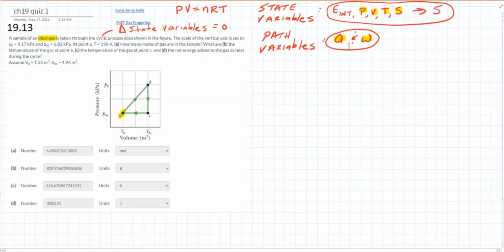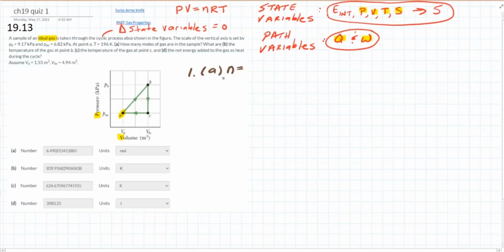All right, so having said that, we're given this graph, yet another PV diagram. You're going to see thousands of PV diagrams. And then the question is, knowing what we know, how many moles are in the sample? So let's just start. Ready? Number 1, part A is saying, well,